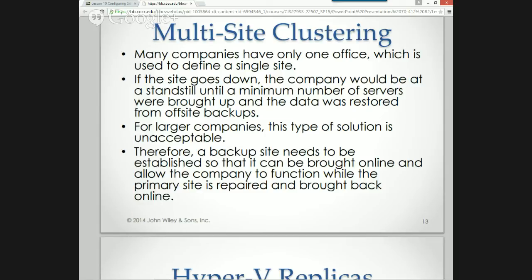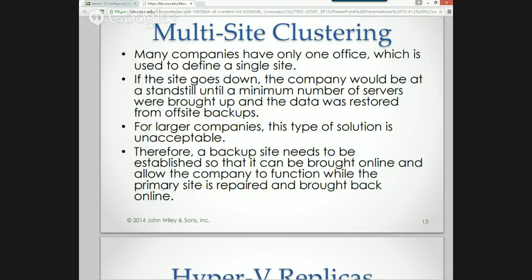What if my site goes down? First of all, with Columbia Aircraft being a single site manufacturing location, if we lost that site, we'd really be out of business. No matter how quickly I can bring up servers, such as an Exchange server, what we'd be communicating to our customers is, well, yes, your plane was in the last stall, ready to be wheeled out, and the building just went up in flames. I'm sorry, we're going to have to figure out a new building or rebuild the building so that we can start manufacturing airplanes.